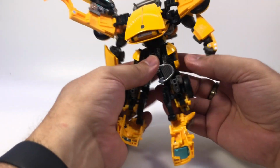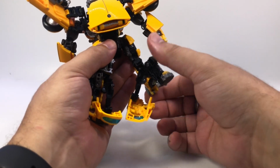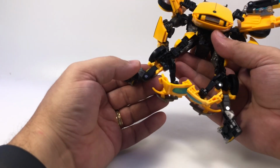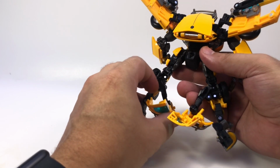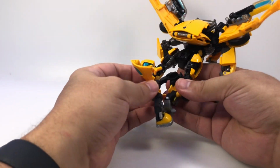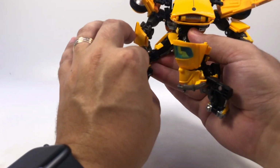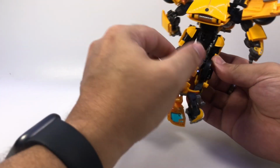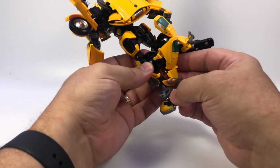And once that's done, grab this foot, slide it down and around like that, in which case you can hinge this back out to fold it all the way down. Fold that all the way down, straighten that, fold his toe up, and then push this back up into place here. Oh wait, before you fold that in, fold in his wheels. So take the wheel and flip it into that space inside his leg, and then you can fold this piece back up and flat around the wheel. And we'll secure this here in a minute, but